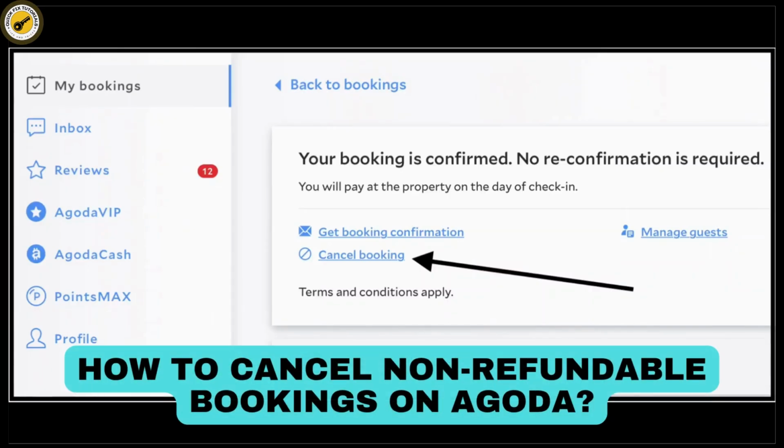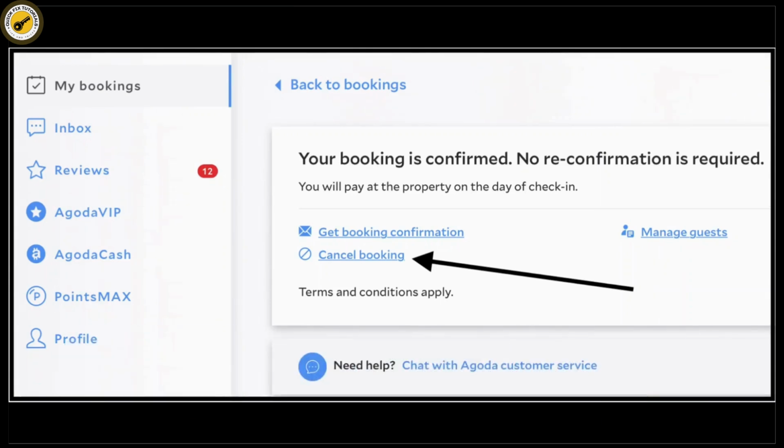How to cancel non-refundable bookings on Agoda. So let's get started. First of all, what you have to do is go to Agoda or sign into your Agoda